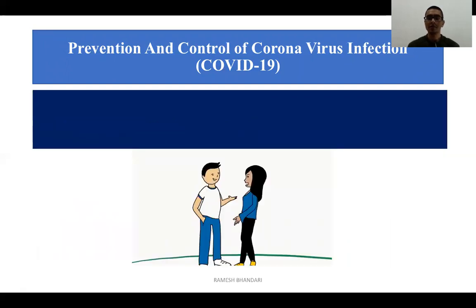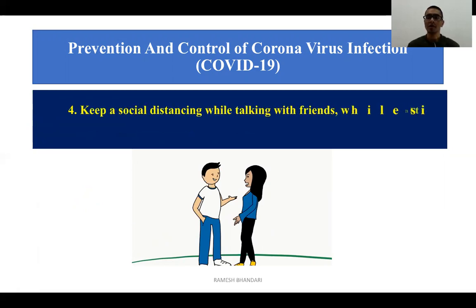Another important measure is social distancing. You have to maintain social distancing while talking with friends, or while sitting with friends in classrooms, in cinema halls, or in a room. You have to maintain a distance of around 1.5 to 2 meters to prevent